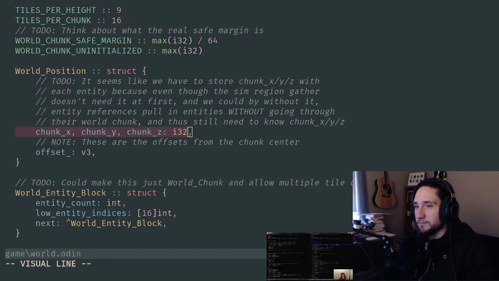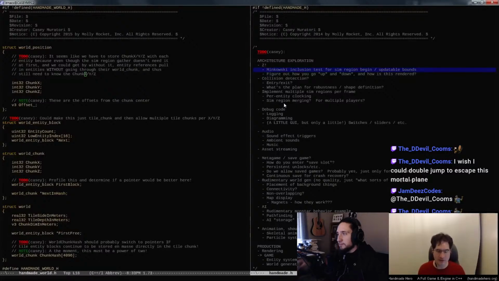Minkowski inclusion test for sim region begin updatable bounds. That's pretty easy. We might as well do that. Let's go ahead and continue that because that's good progress towards Z. And then maybe tomorrow will be our day where we start working on this up and down situation because that's